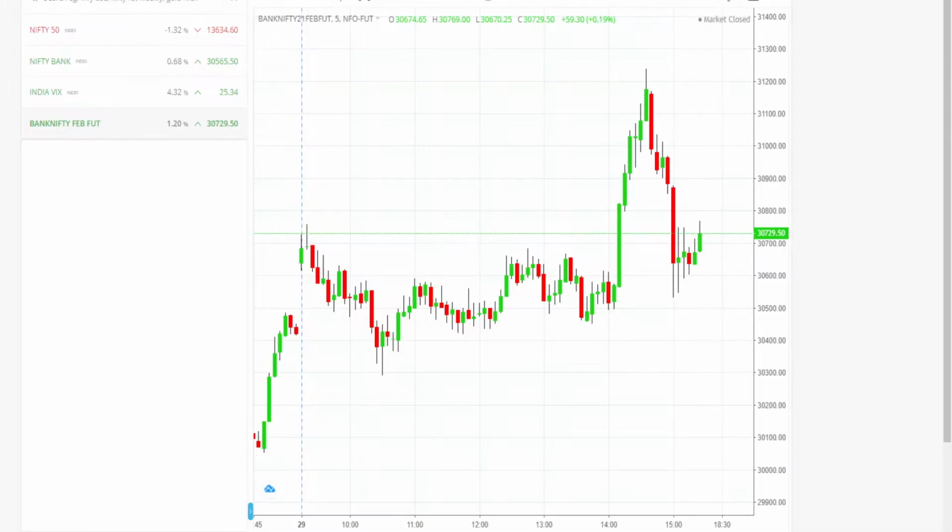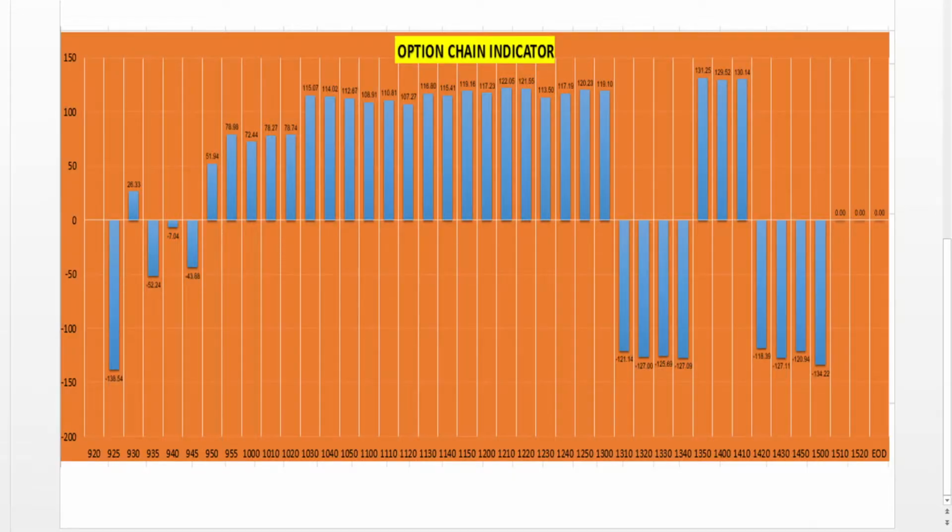So let us see the price chart. In the morning, this is 10 o'clock, the price is coming down. This is the divergence between the option chain and the price. This price will not sustain to the downside, so the market has to move upwards. Let us see what happened around 10 o'clock. After 10 o'clock, at 10:30, it went above 100.